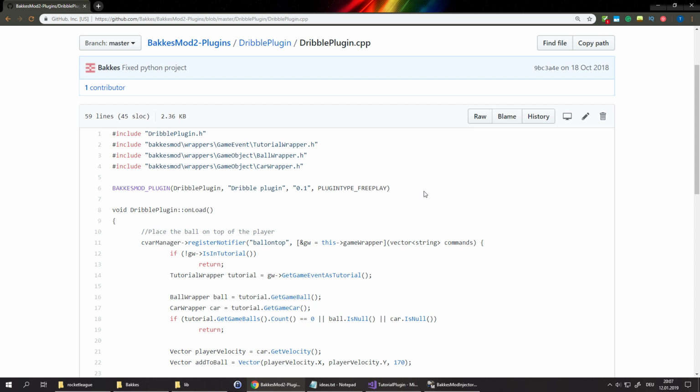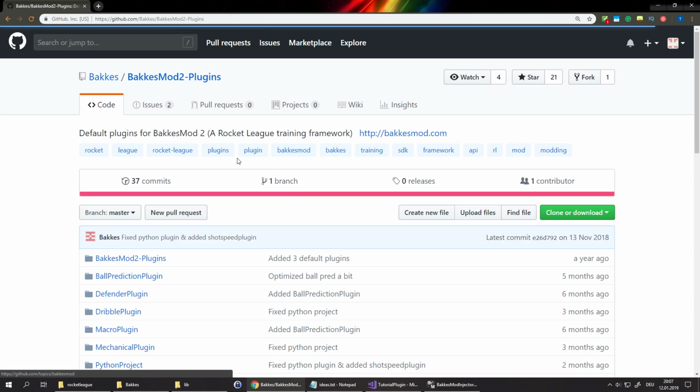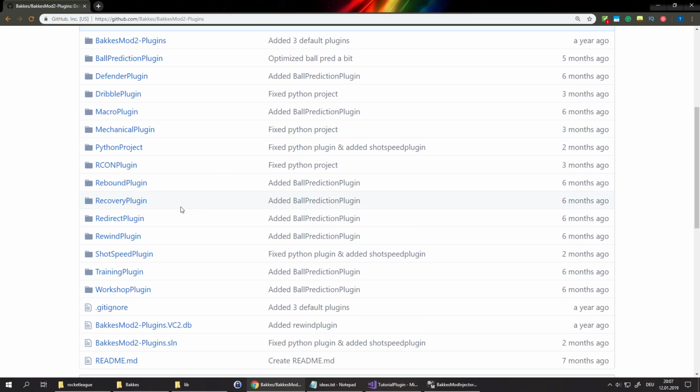Otherwise, their plugins can also work, I believe, in offline matches in general, and in replays. You can also make plugins for replays. And there are different plugin types for that, and we can look at them by looking at some plugins that actually do something else. For example,